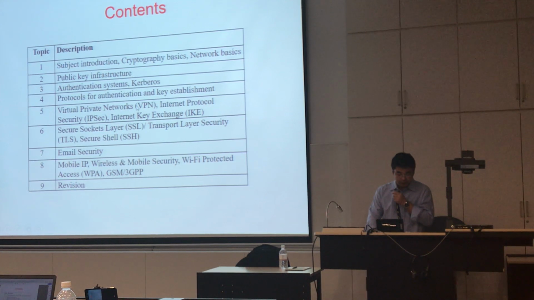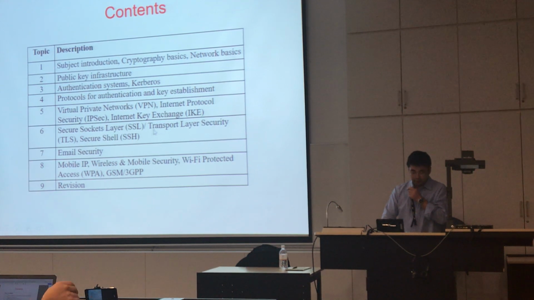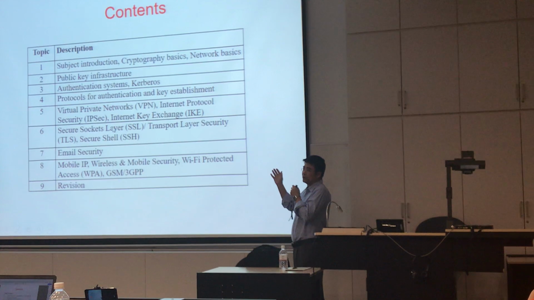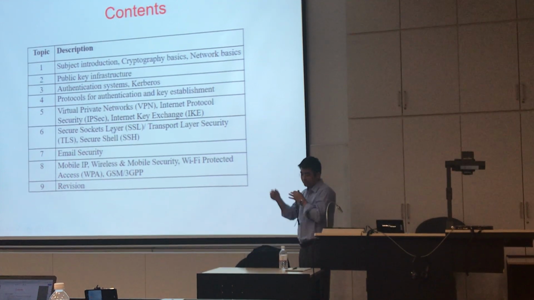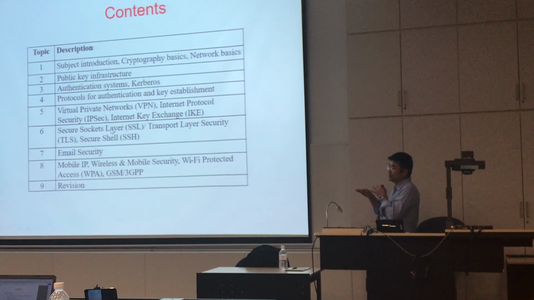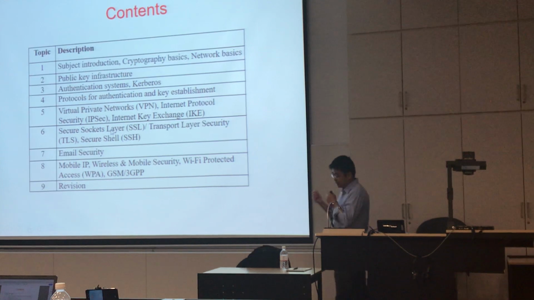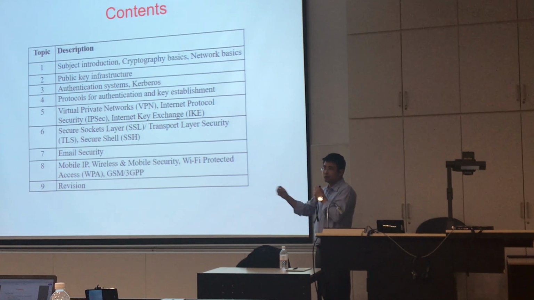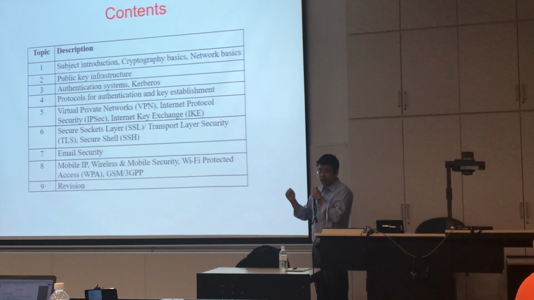Then this is on the internet or network layer, and then we will look at the upper layer, which is the transport layer. For the transport layer, we have Transport Layer Security, TLS, right? TLS actually is a descendant of SSL. So sometimes you may see the term SSL, sometimes the term TLS. Basically TLS is derived from SSL. So this is for transport layer security. That means, for example, when you do an HTTPS connection, you are running an SSL/TLS connection. That's a secure connection for web communication, right?